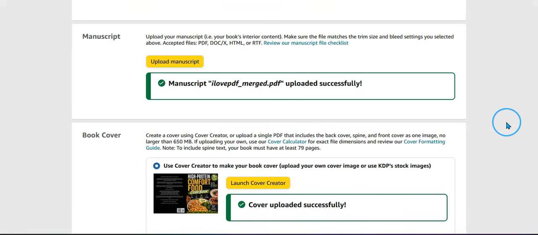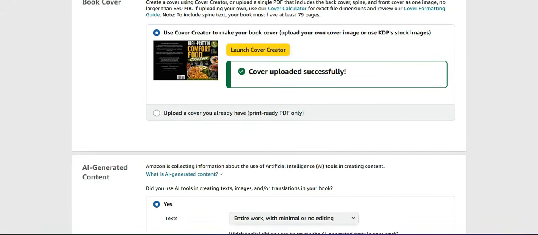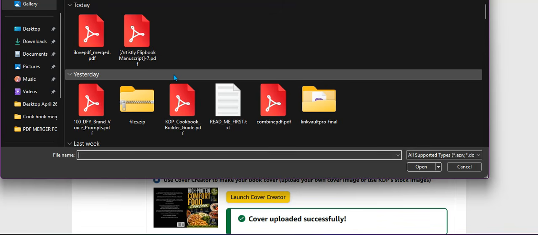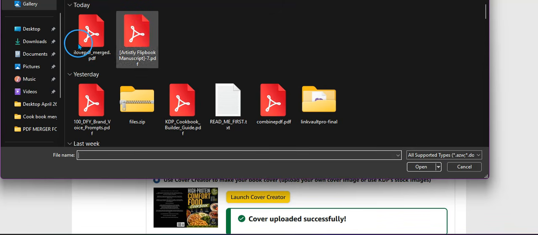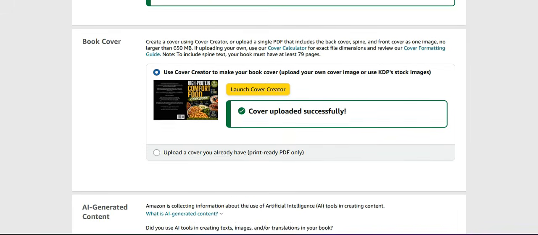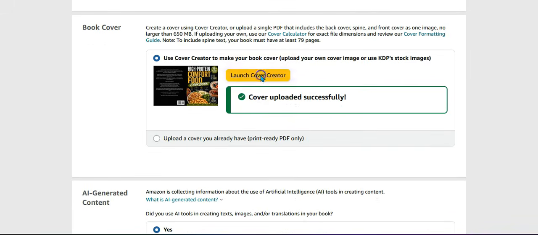So anyway, we'll go back. So that's how you do it. That's the missing link. So I love PDF. That's what I've been using, and it works really well. And then all you're doing is you upload the manuscript. So you'll just grab it. So say for instance that one there, I'll click on it. Obviously it's not that one, but then you'll get to here. So your cover, so launch cover creator,